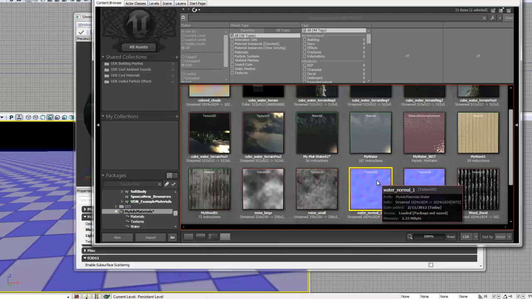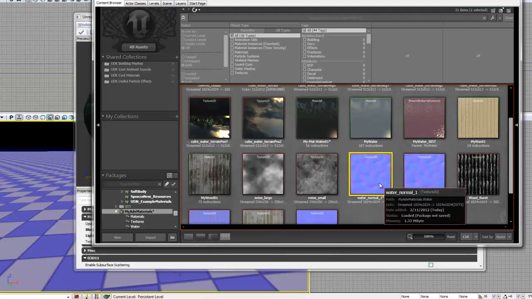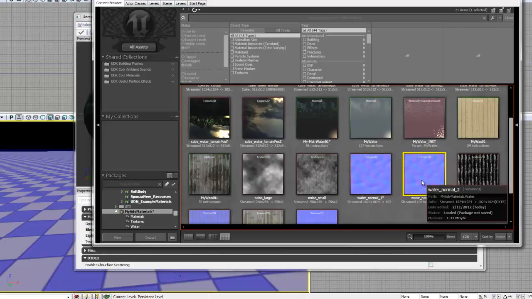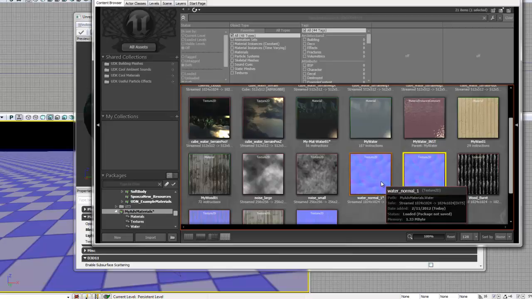Now, if you look at the contents that you have in the chapter 2 material packages from volume 2 of the book, you have two water normal textures that you could set up and use for the normals of your water. So let's set these up, which basically dictate the length of the ripples on the surface of your